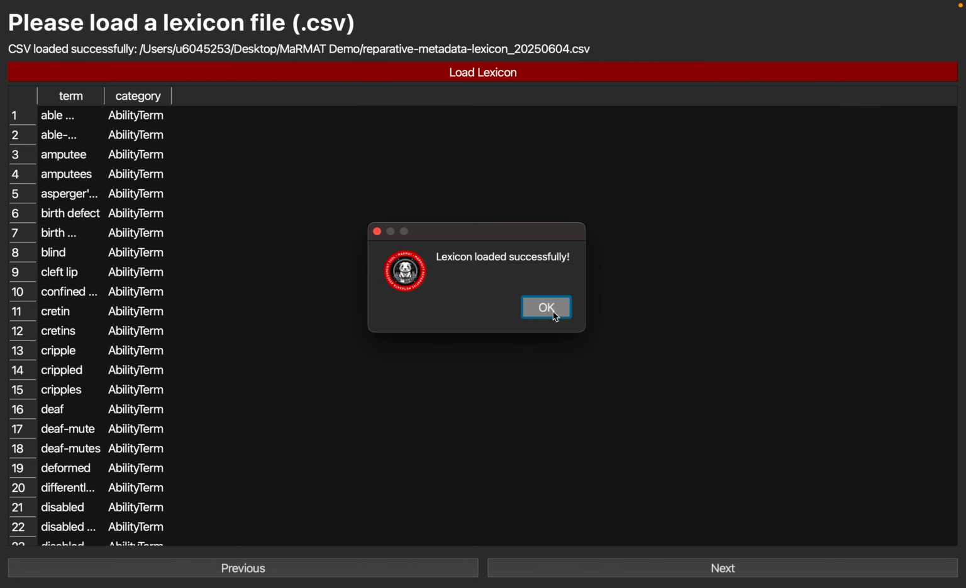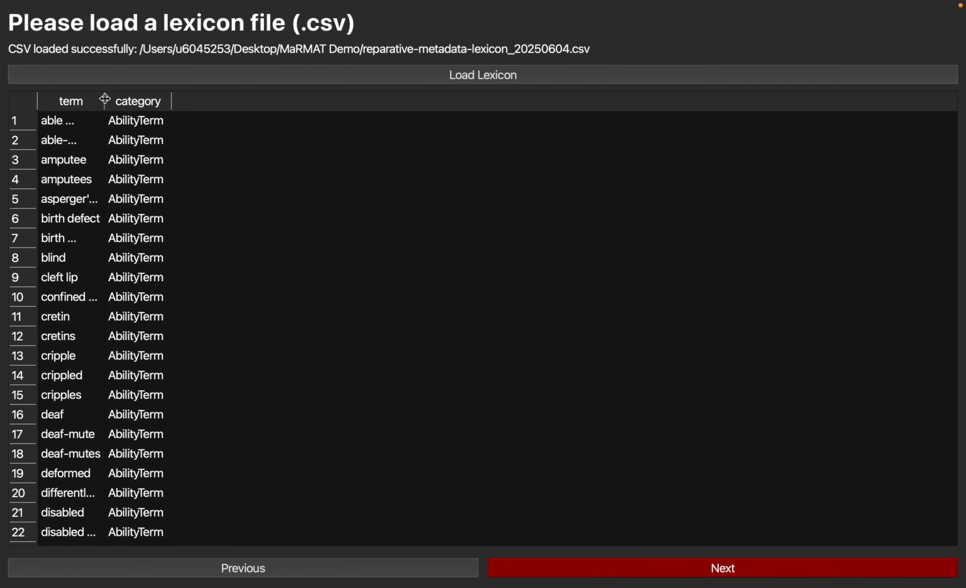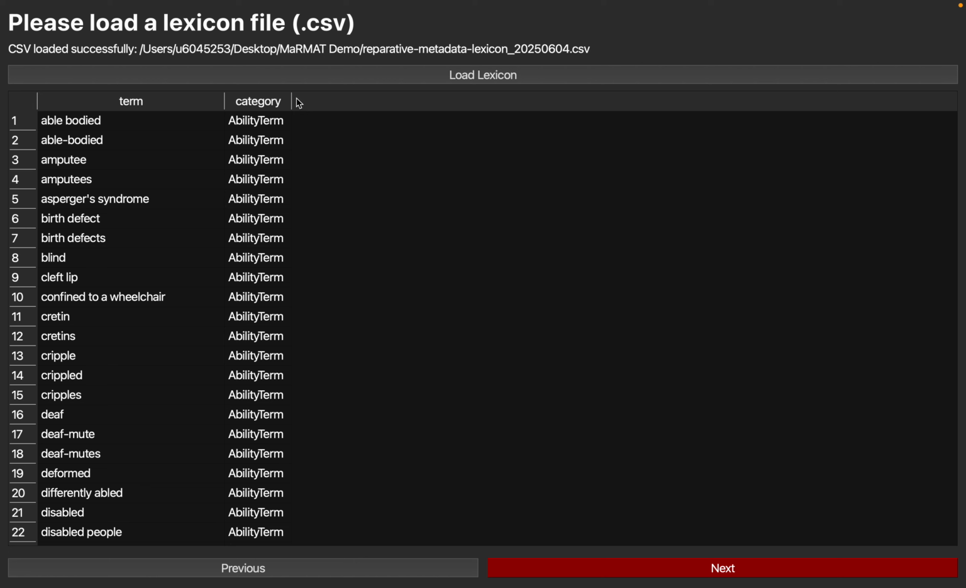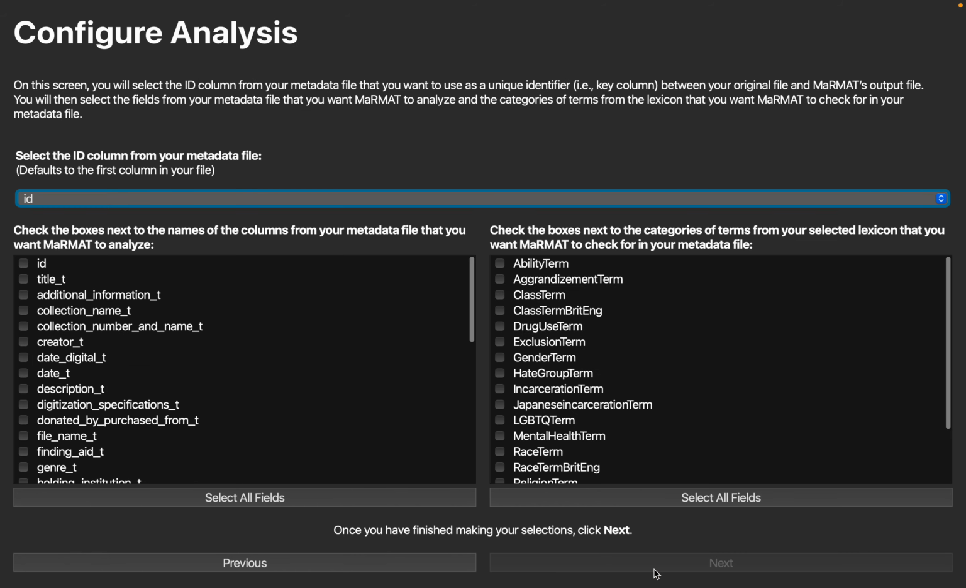it up, and you can see that it has loaded the lexicon successfully. And you can review your lexicon here and make sure you have the right one up. And again, you can use a custom lexicon here as well, as long as you have a CSV file with a term column and a category column. It will work just fine. Once your lexicon file is good to go, you'll hit Next and bring you to the page where you're going